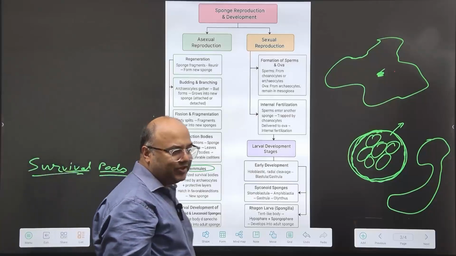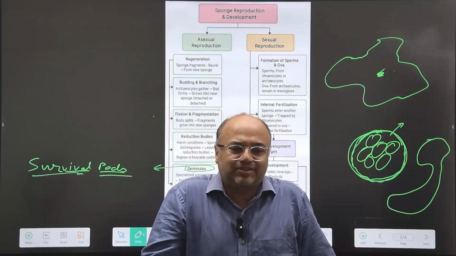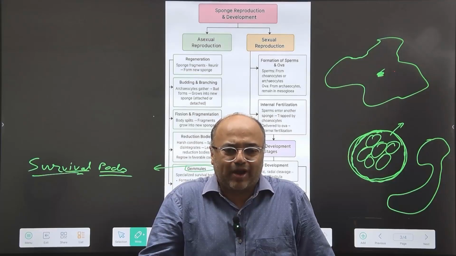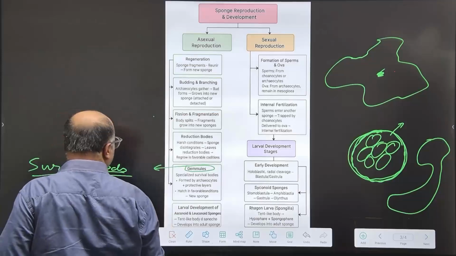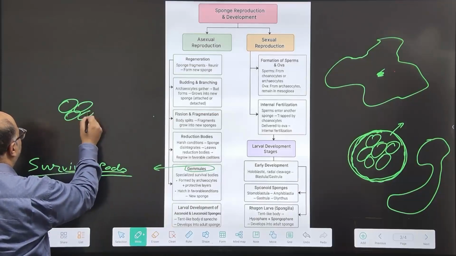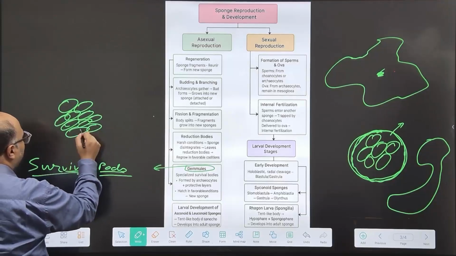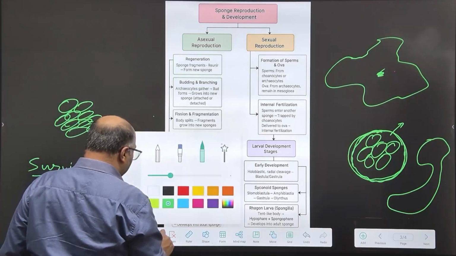In case of a gemmule, again the gemmule formation happens once the sponge is desiccated, it is dying, it cannot grow, right? Only a small part is left. But this is a more specialized structure, the gemmule. Here, of course, in the center you will have the archaeocytes, the totipotent stem cells as you would like to call them. I am showing them round instead of amoeboid in shape. Pardon me for that. And then, of course, we will have